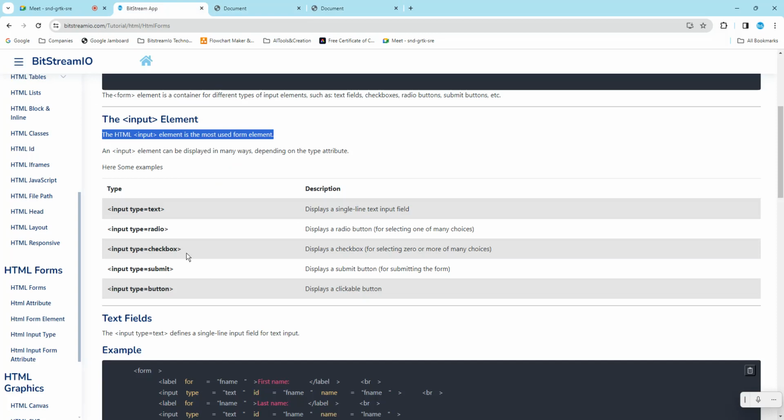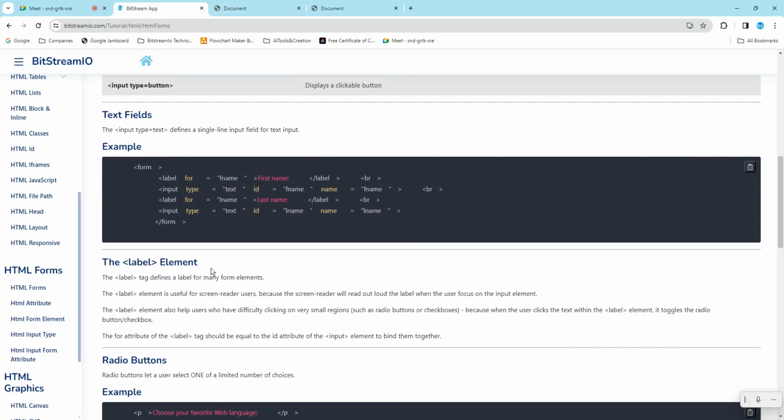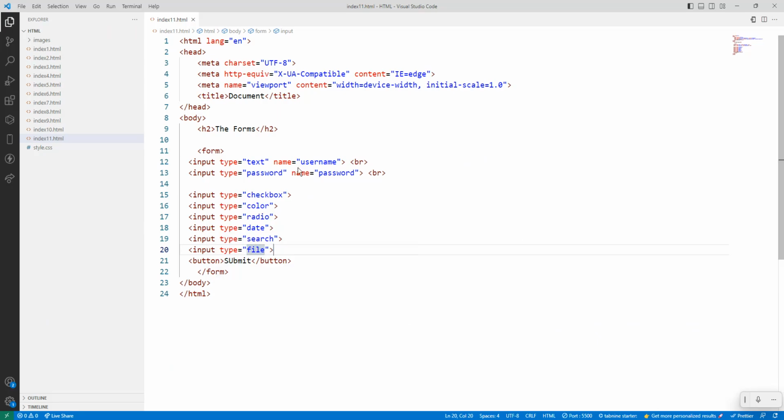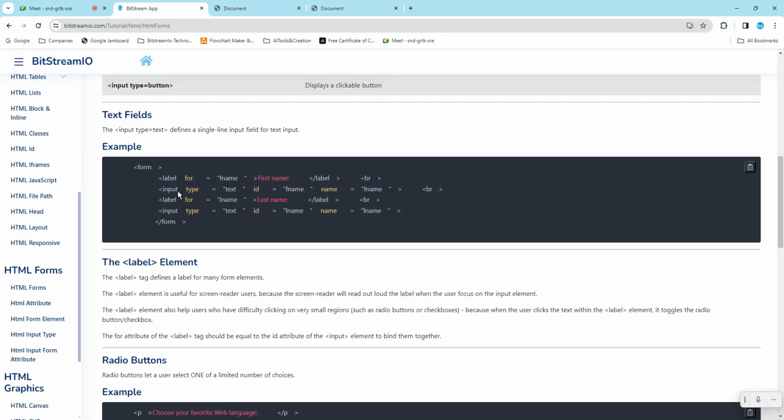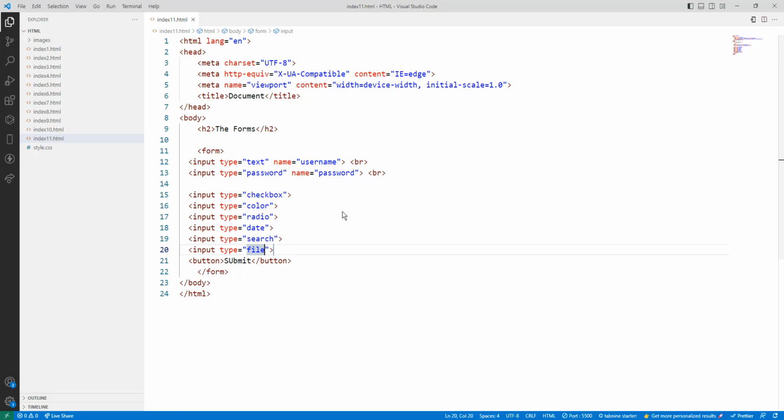Okay, so this is called the input. Here it looks very basic, the input type text and everything. But if you want to add a little bit of good design, I will take one more form. After this form, I will take one horizontal line,